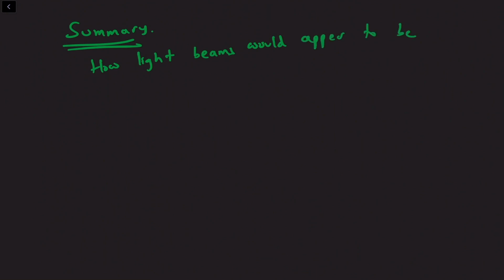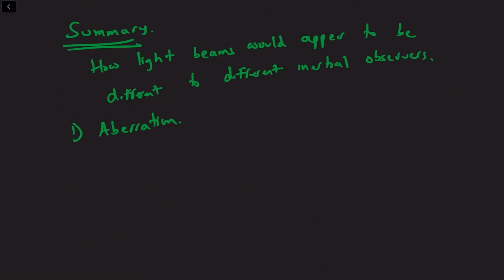So let's summarize what we've learned today. We explored how light beams would appear to be different to different inertial observers. And we saw two effects. One is the effect of aberration,